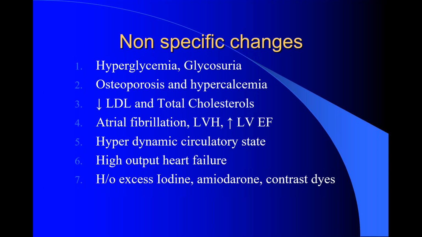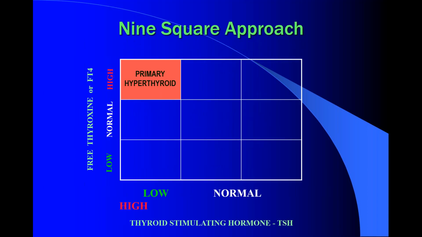Atrial fibrillation, hypertension, LVH, increased LV ejection fraction because there is hyperdynamic circulation. This is one of the differential diagnoses of hyperdynamic circulation. Then high output heart failure can be there, and the patient can have a history of excess iodine, amiodarone, and contrast dyes causing effects. So we will just consider, as I have told you, the 9 square approach,